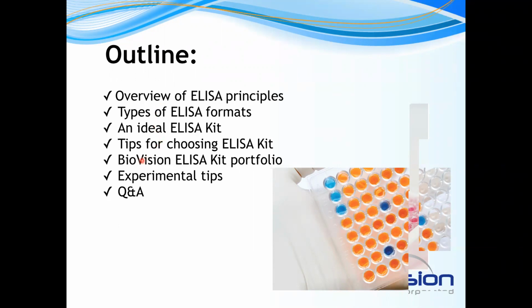Then I will give some tips for choosing an appropriate ELISA kit for the users depending upon their samples. Then I will cover some popular kits and some hot targets of our BioVision ELISA kit portfolio